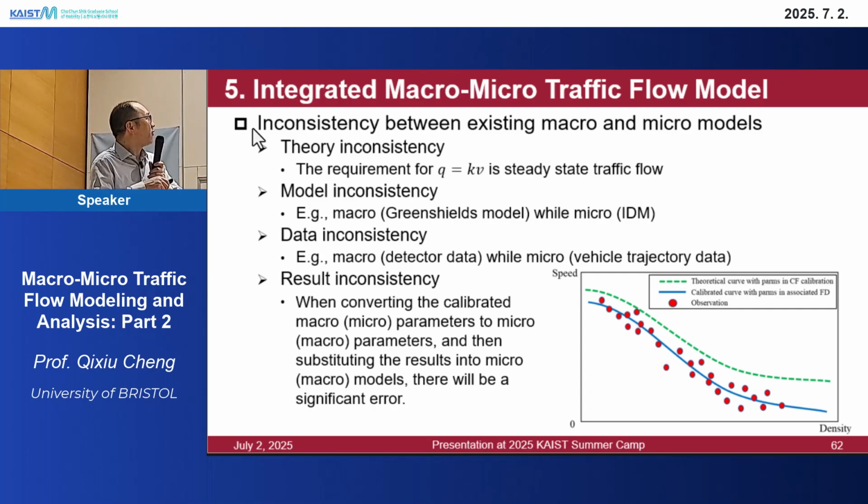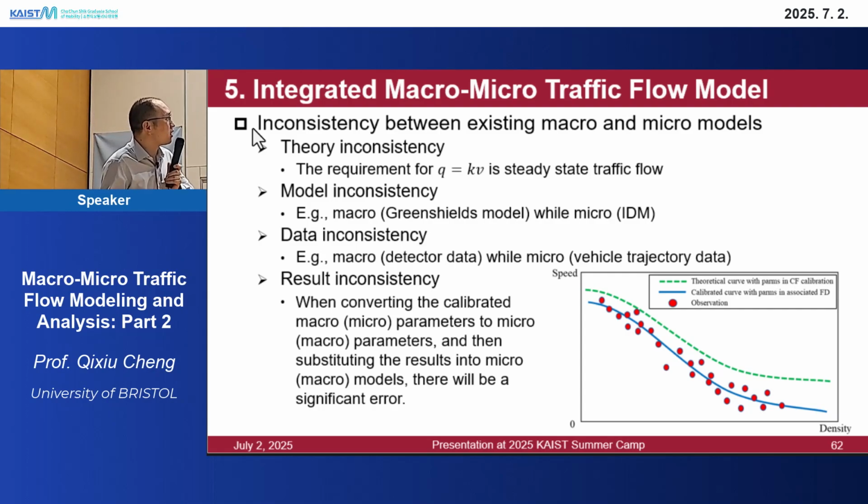The second inconsistency, we call it model inconsistency. For example, in the macro model, you use Greenshields, and for the micro model, you use IDM. They are not consistent. And also for the data inconsistency, we usually use detector data for the macro model, and we usually use vehicle trajectory data for the micro model. They are data inconsistent. And also the results